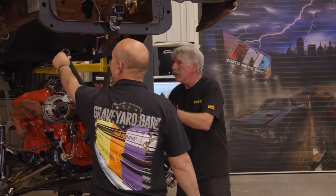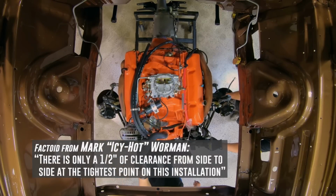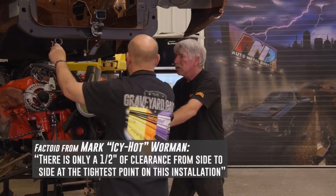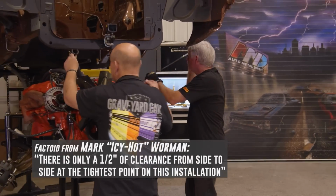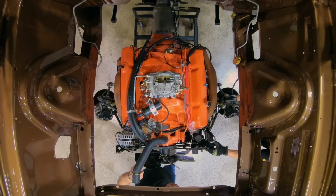Okay. Here we go. Do I need to go side to side? Watch the passenger side. Oh, that doesn't look good there. It's going to come right down on top of that. The dip tube was hanging out underneath the frame rail. On certain years, the dip tube actually goes inside the exhaust manifold and it's clear. But on the earlier years, it actually hangs out sideways, and when you lower the car down, you bend the